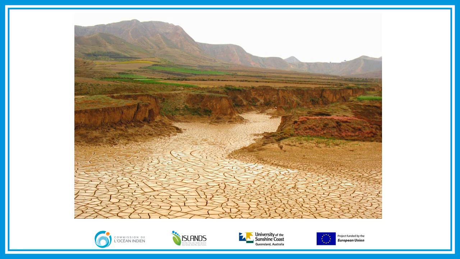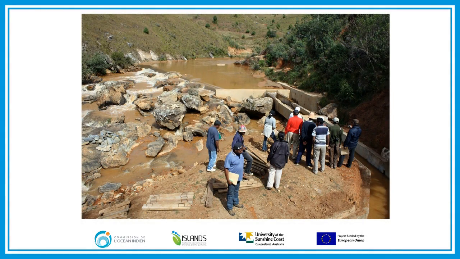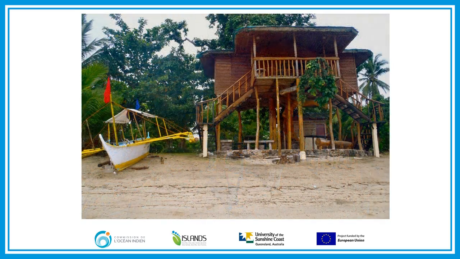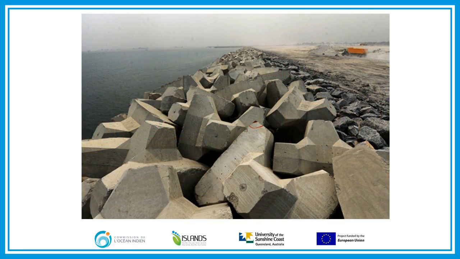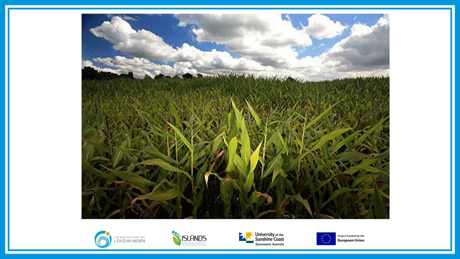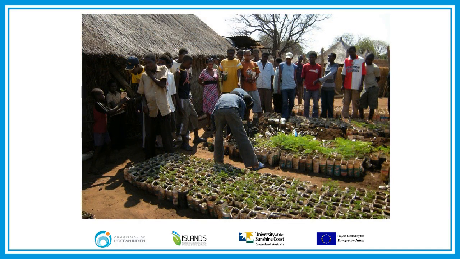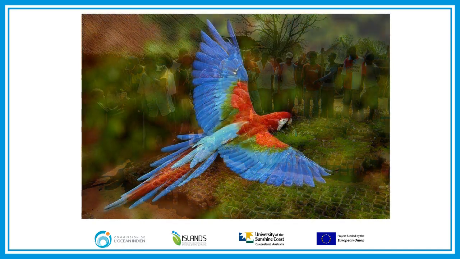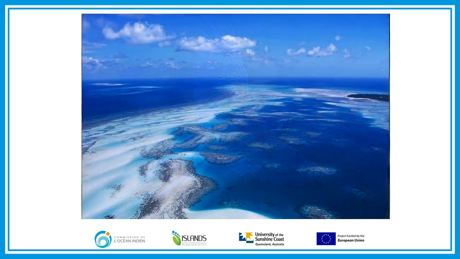Examples of adaptation measures include using scarce water resources more efficiently, adapting building codes to minimize damage from future climate conditions and extreme weather events, building flood defenses, avoiding building settlements in areas of significant risk, developing drought-tolerant crops, choosing tree species and forestry practices that are less vulnerable to storms and fires, setting aside land corridors to help species migrate, and protecting coral reefs as fish habitat, storm protection, and tourism assets.